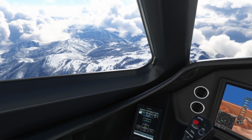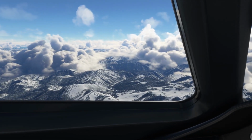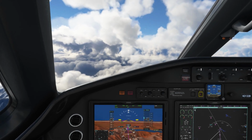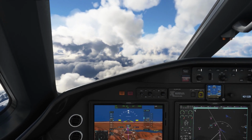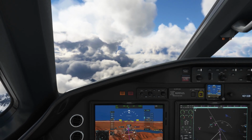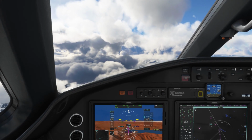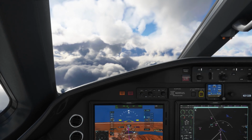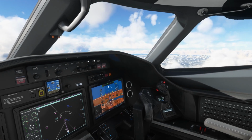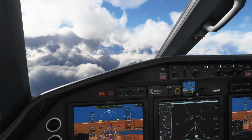Look how pretty that is. That's beautiful. So right now we're just going to stay at 15,000 feet until we get to Kissimmee. Cessna 3 2 Bravo, please expedite your climb flight level 230. And there you go. That's exactly what I'm talking about. But that's alright. We will climb to 230 once we get past this waypoint. This is a flight restriction, so we're going to stay here. It's definitely gusty up here. And we're in the clouds, so...